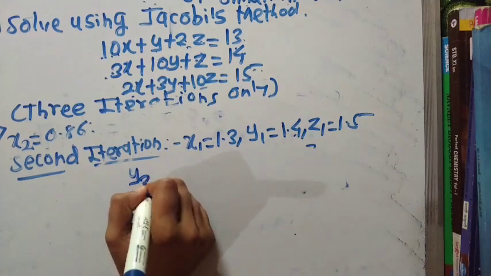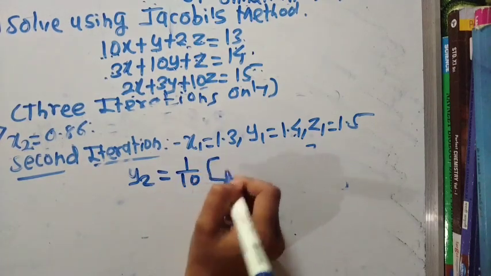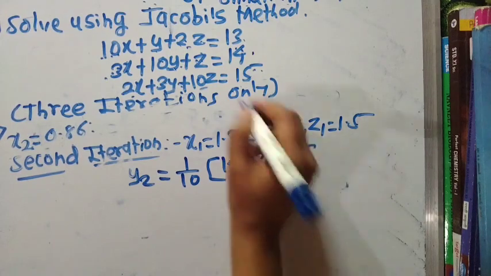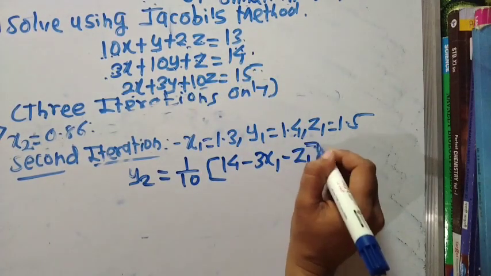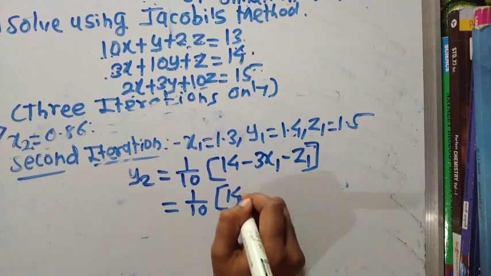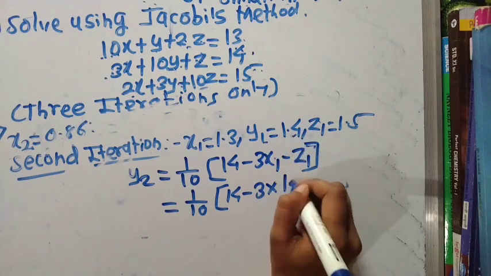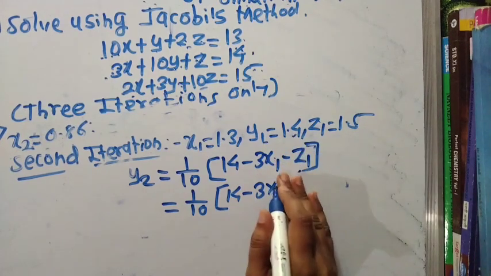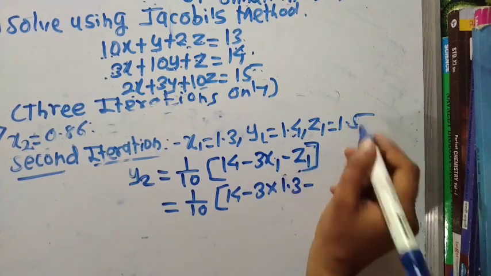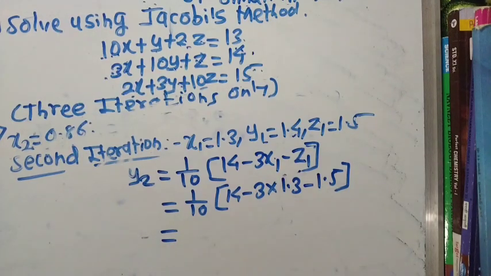So here y2 is equal to 1 divided by 10, 14 minus 3x1 minus z1, which is equal to 1 divided by 10, 14 minus 3 into x1, 1.3, minus z1 is 1.5, and which is equal to